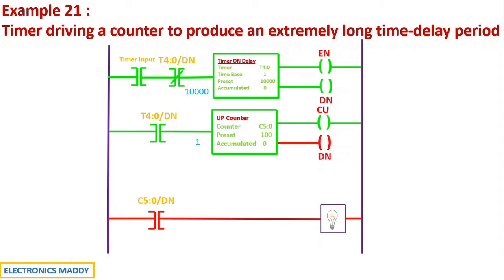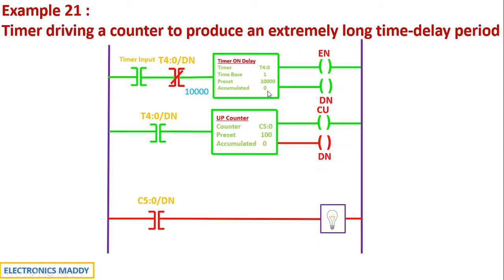Once that is done, if you carefully observe, since this went high, this will obviously go low, isn't it? Because this is a normally closed contact, whereas this is a normally open contact. As a result, this will act as open circuit and it does not allow flow of current through this path, and timer on delay will be de-energized. Again, there should be a provision provided to reset this particular contact, and you have to press the push button switch to start the timer again to count a value of 10,000 seconds.